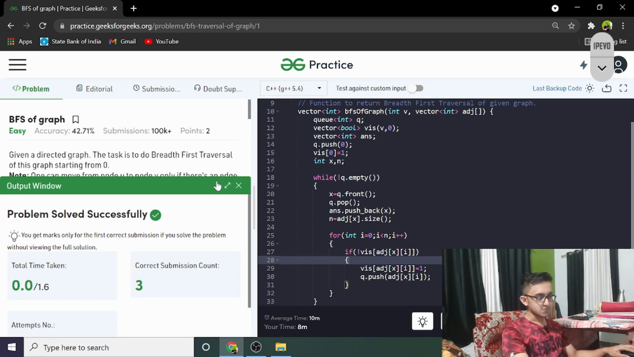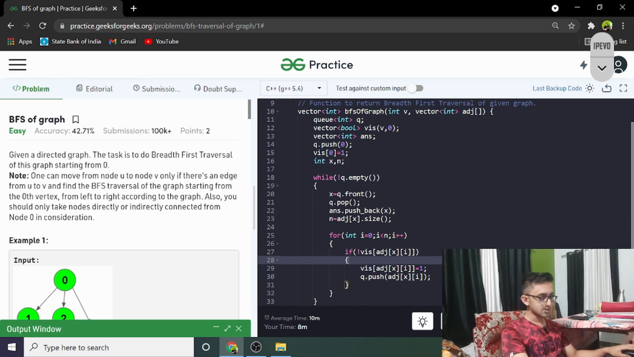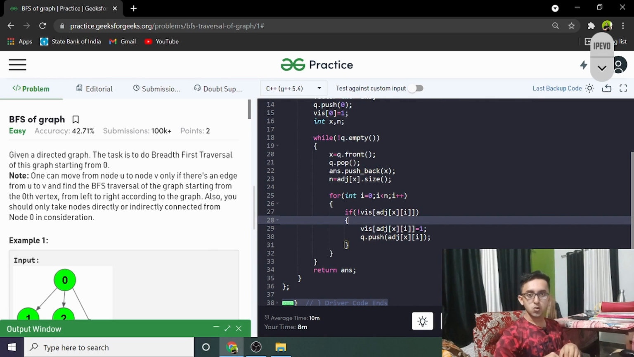And there we go. That was breadth first search in a graph, and I'll put the code as well as the question link